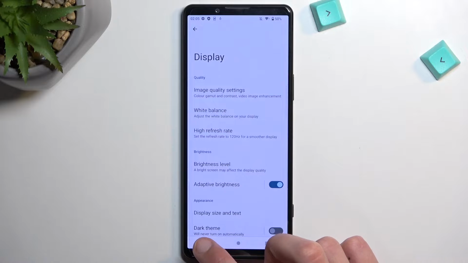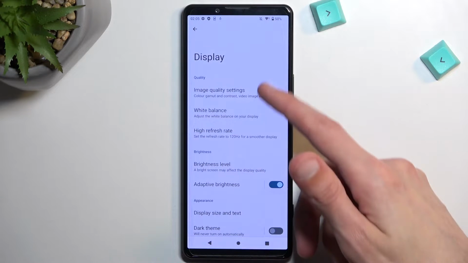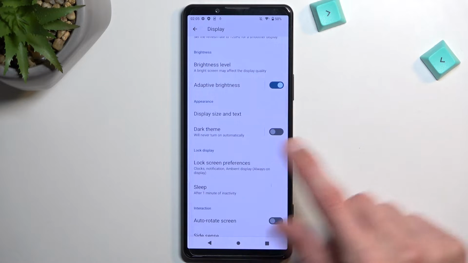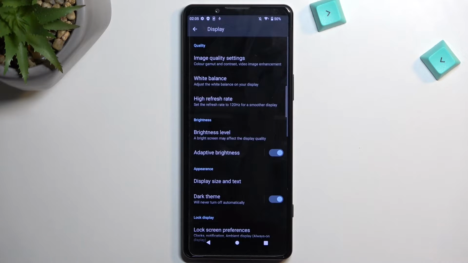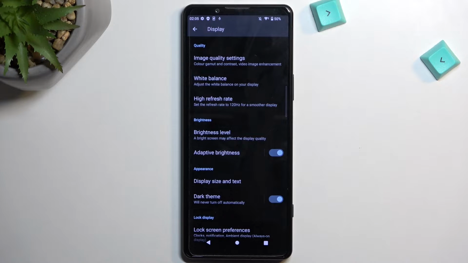Now moving on to the next thing, which is also under the display, it's going to be the dark mode. So in here it's called, I think, dark theme. There we go. You can enable this and it will enable a system-wide dark mode. Now, because this is using an OLED display or AMOLED display, the pixels that are fully black are also turned off, so you might get a little bit of a battery advantage